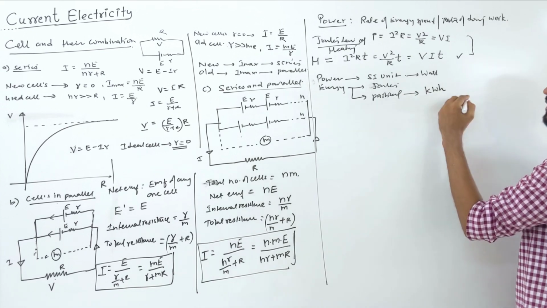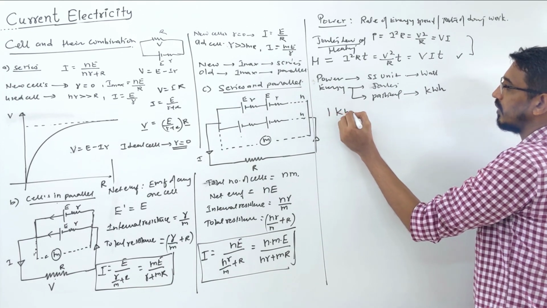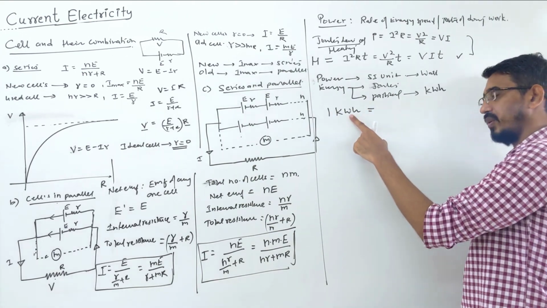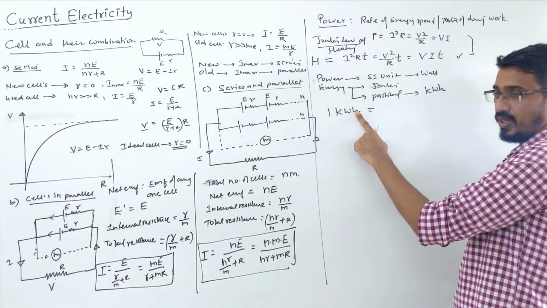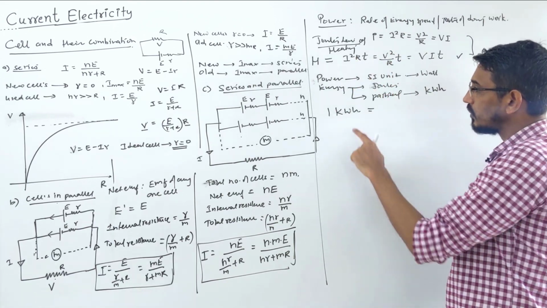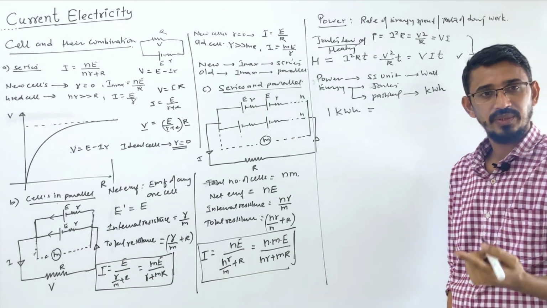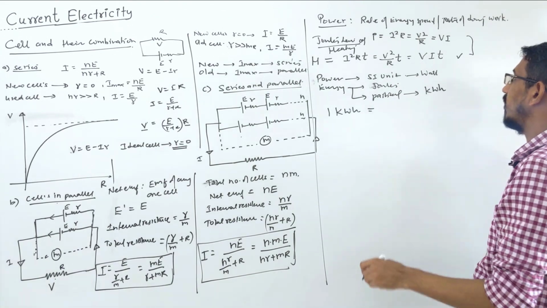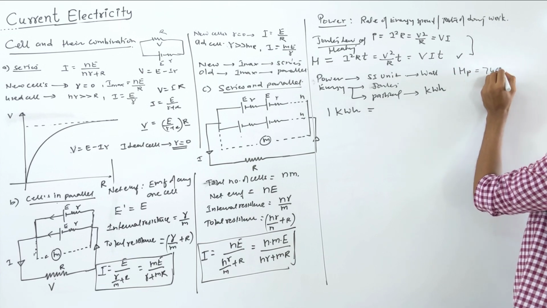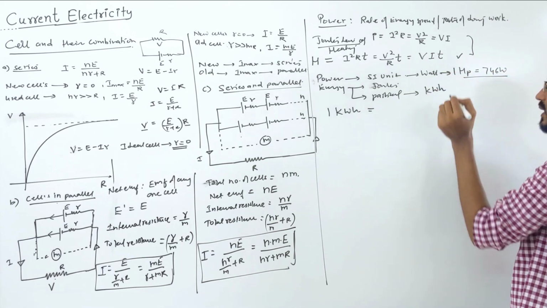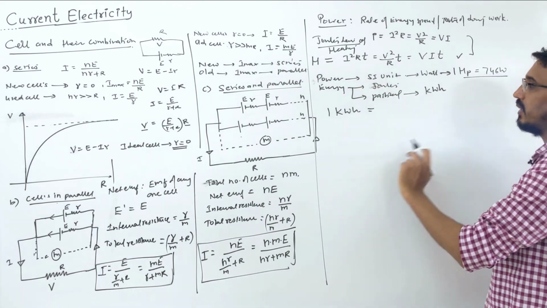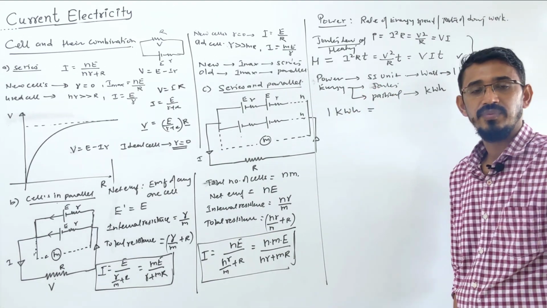And what's the relation? For 1 kWh, look here, kilo means 1000, watt means your power, hour means time. So power into time, that's called energy only. So kWh is a unit of energy, not power. Do not confuse. Power they can ask like 1 HP. 1 HP everybody knows is 746 watt. We have learned, right? This relation they can ask you. If they are talking power, generally they will give in HP. When they are talking energy, they will generally give in terms of kWh.